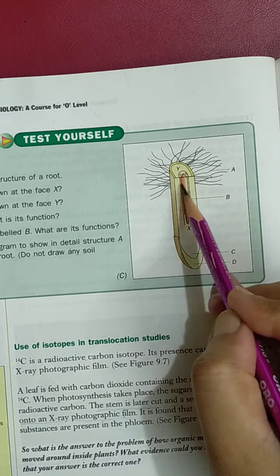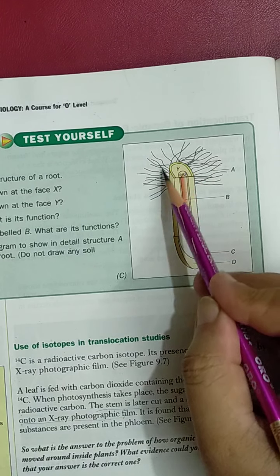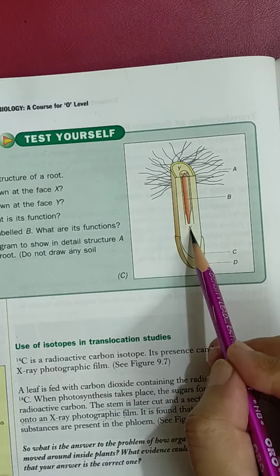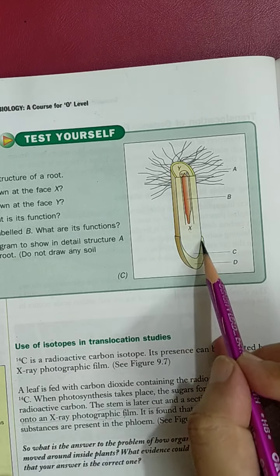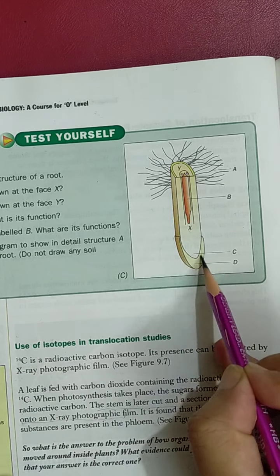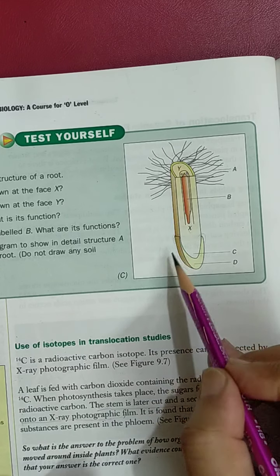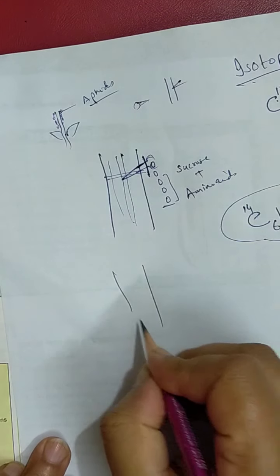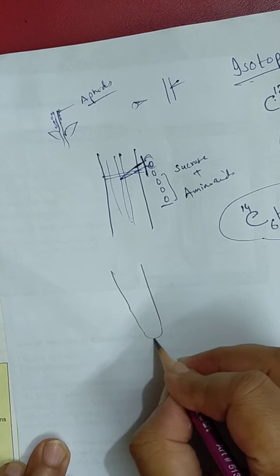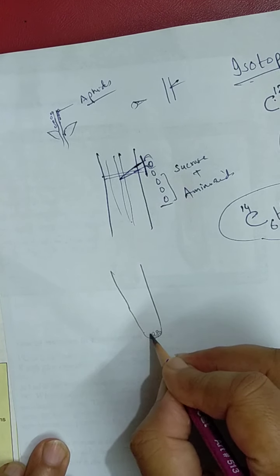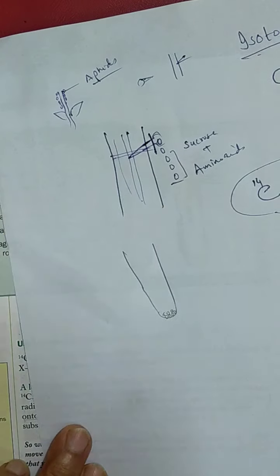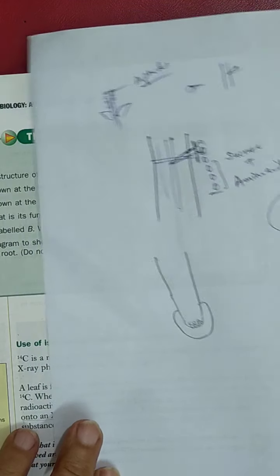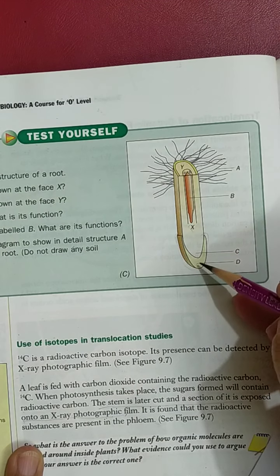At face Y they are showing the transverse section of this root structure, and here you can see this side is facing towards the end of the root, where a structure is shown. A root always has a root cap. For example, this is the root. You already know this growing region is very sensitive. It also has cells which are actively dividing, very small and thin walled. So a root cap is present to protect these cells. This side is facing the root cap side.